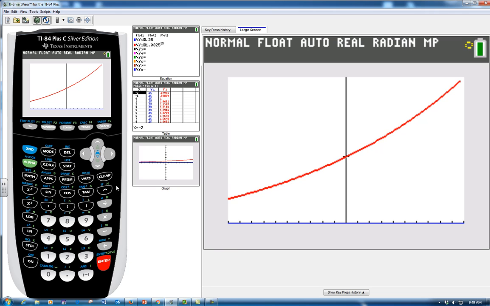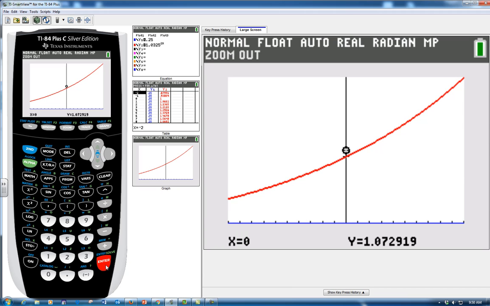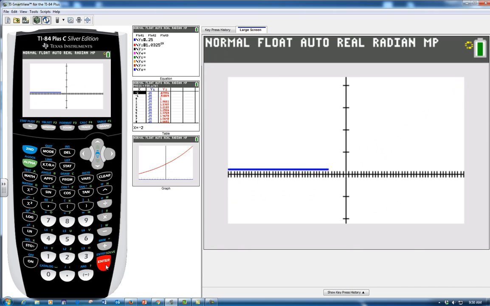So you're going to hit zoom, and then keep zooming out until you see where it crosses, because that's our goal. We want to be able to see where this crosses, and I'm starting to see where it crosses now. It crosses right here. So once it finishes graphing,